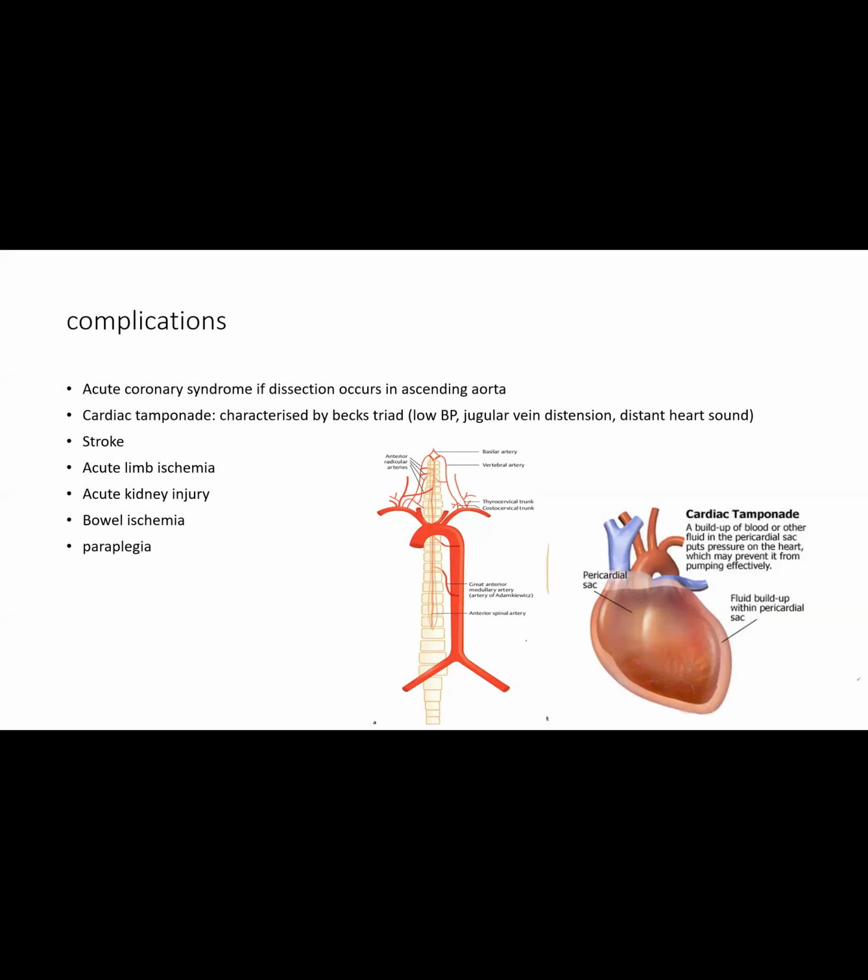So dissection, for example, in the carotid or aortic arch region. Carotid arteries affect the blood supply to our brain. For example, occlusion can cause cerebral hypoperfusion, and as a result can cause stroke. If a dissection occurs in the aortic arch,